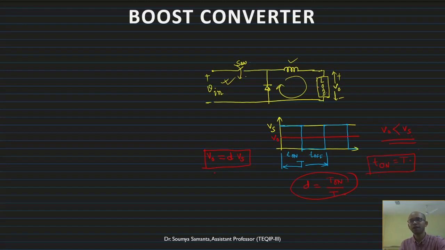Now initially, when there is one converter, there is no confusion. But whenever you study a number of converters, it creates confusion about where the diode is placed, where the switch is placed, and where the inductor is placed. The positions of these three change, so therefore it makes confusion. Now, how to remove this confusion, I will discuss that and tell you how to remember. If you understand the philosophy, you don't have to remember. So let us see how it operates.